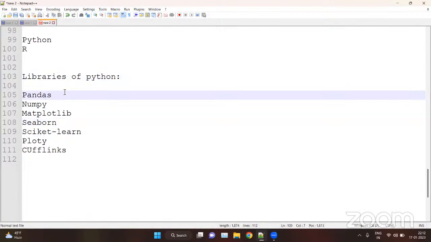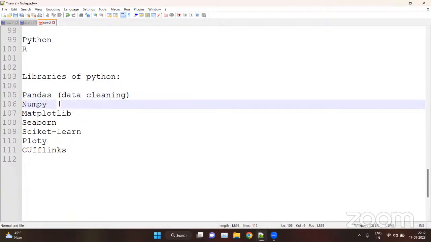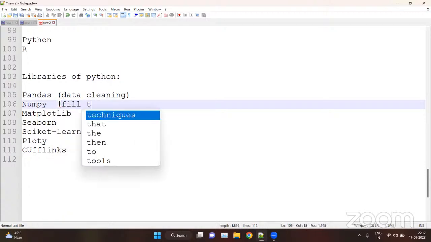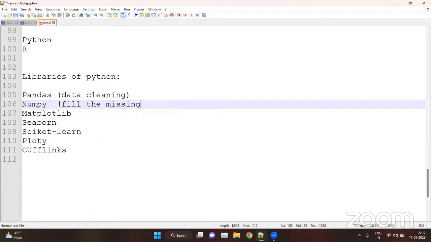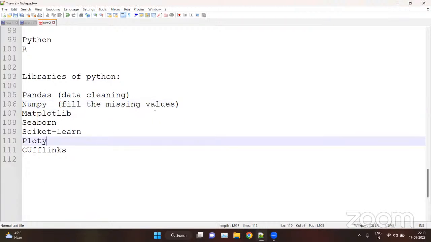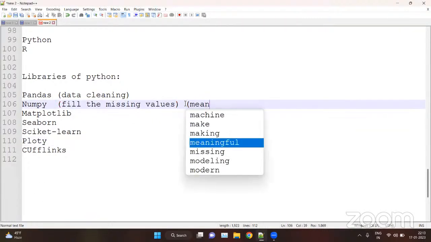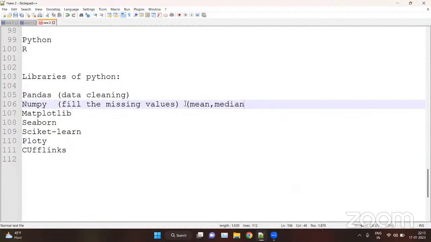Like we have pandas, this is for data cleaning. Data cleaning is like removing your duplicate values. NumPy is used for mathematical purposes. So we will use this to fill the missing values with the help of mean, median, and mode.